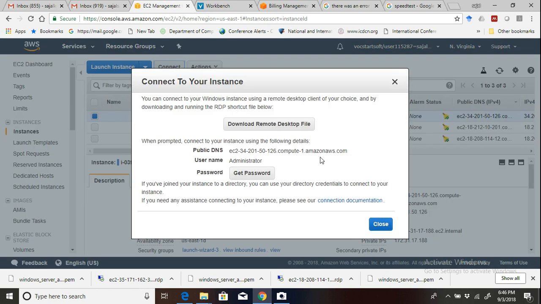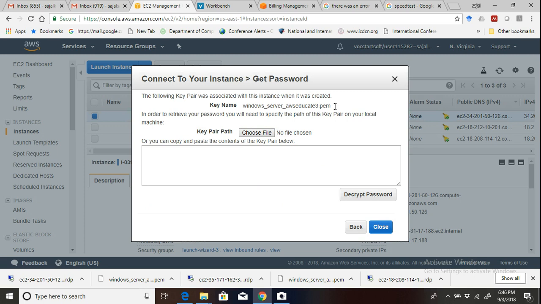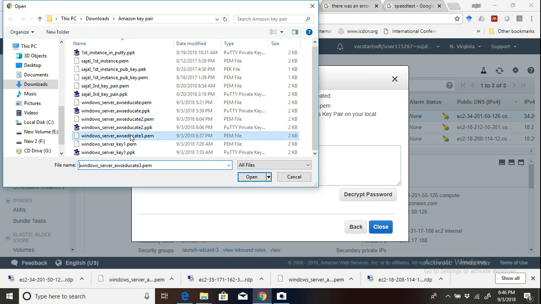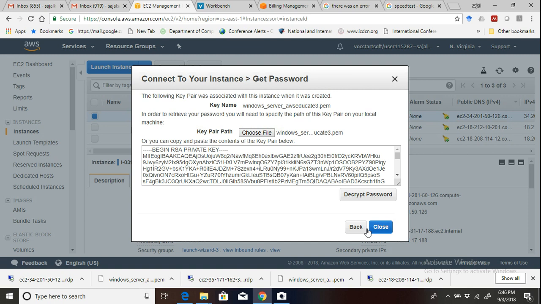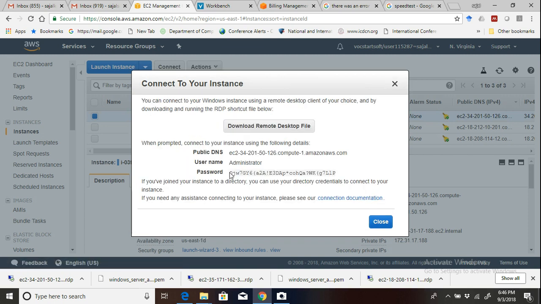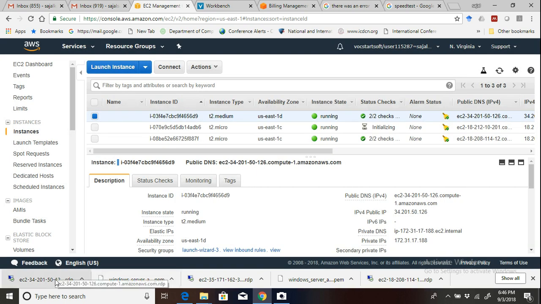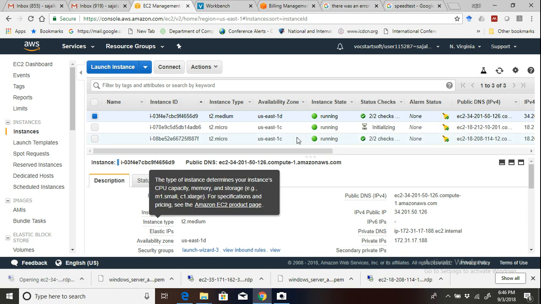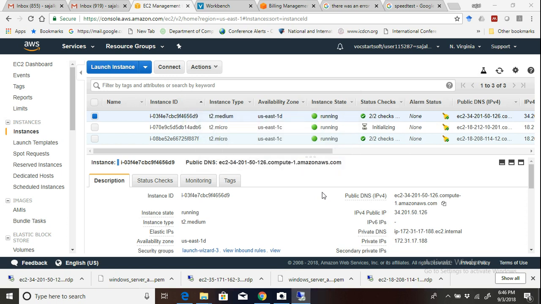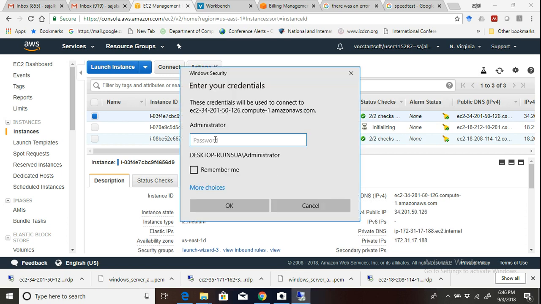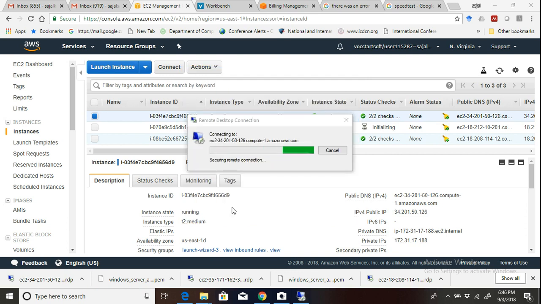Now let us try to connect to this one. I have to download the remote desktop file, and also I have to get the password. To generate the password, I need this PEM file, the key pair file that we have generated. This is the key pair file. Now decrypt password. Let us copy the password and then start this remote desktop file. Now it will ask for the password. So if I give the password,